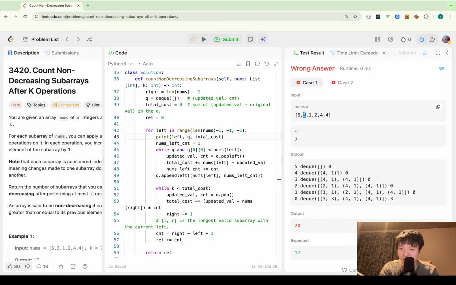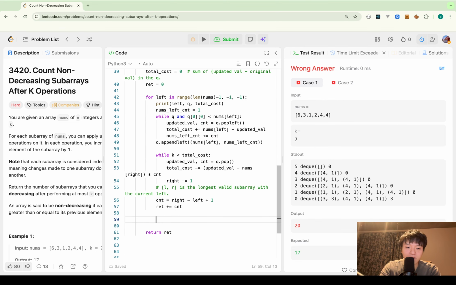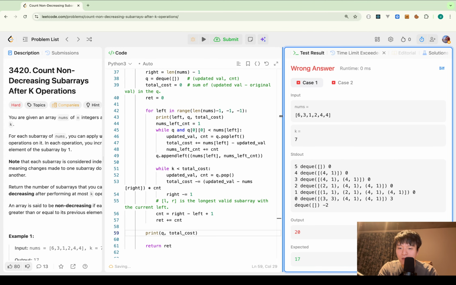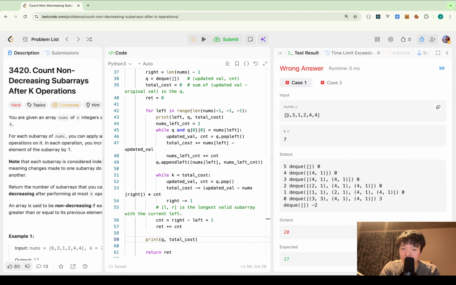And if I add this 3, 3, 3, and 4, 1, 4, 1, yes. And the total cost should be 3, yes, because it should be 2 plus 1 is 3. And after that, what happens here? After that, when I add 6,